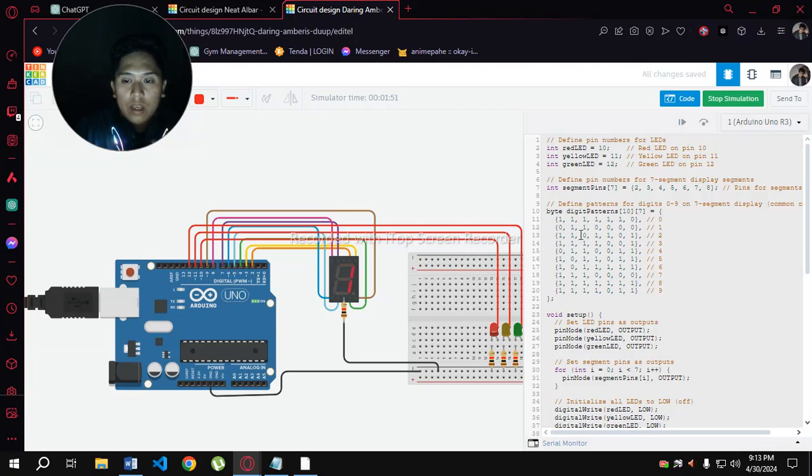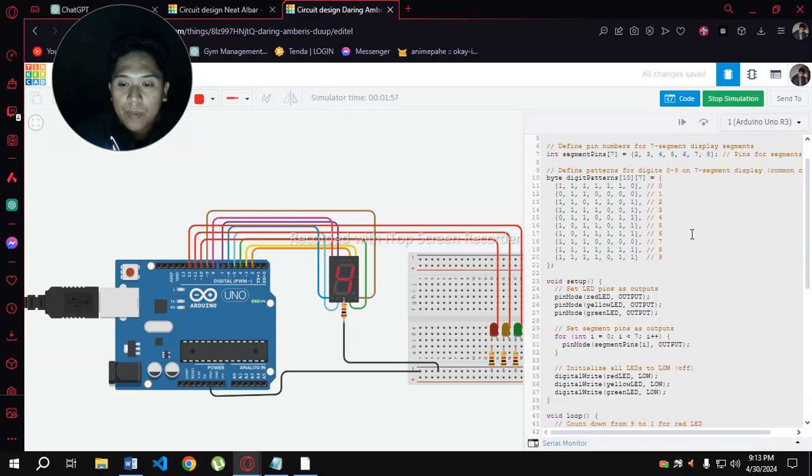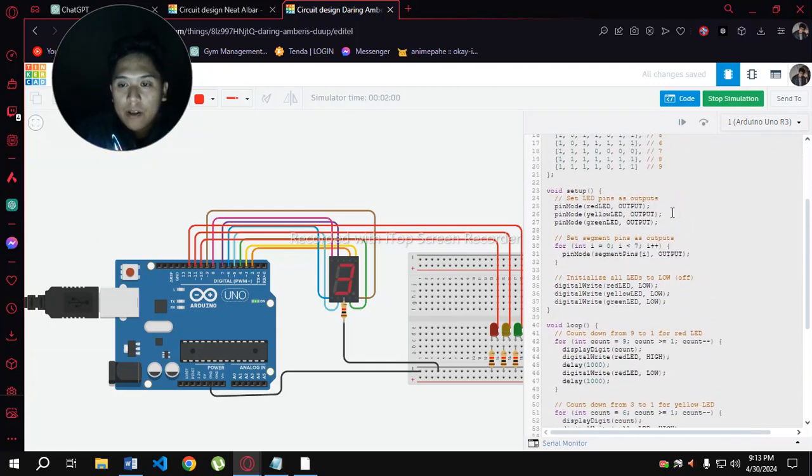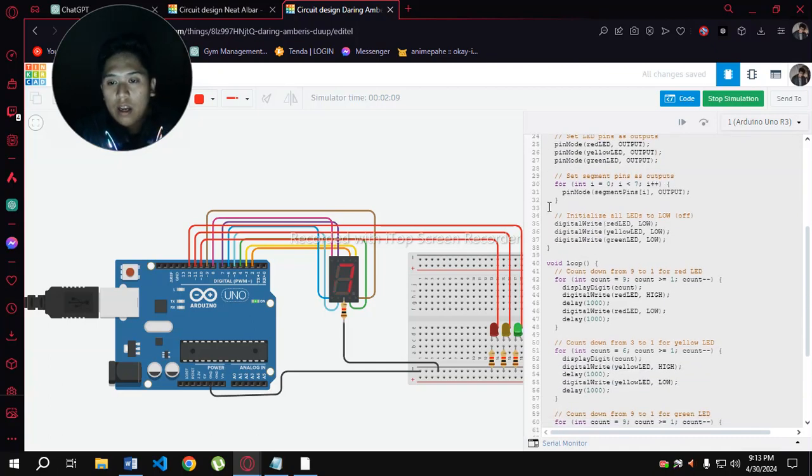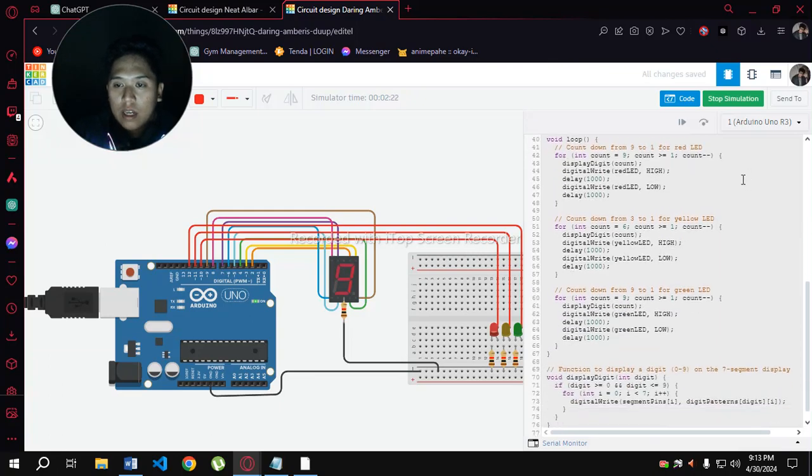Next, we set the LED pins as output. So there are the outputs, and here we initialize the LEDs to turn off and set the segment pins as outputs. Also, the 2, 3 until 8 segments as outputs.